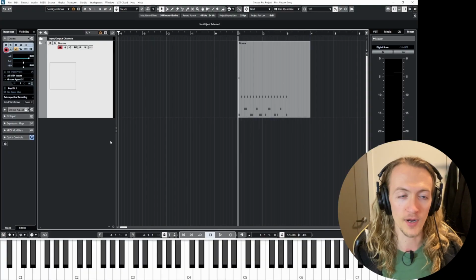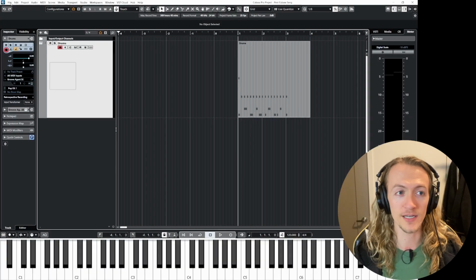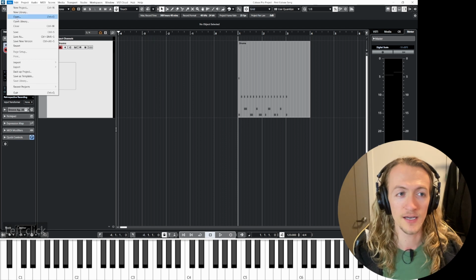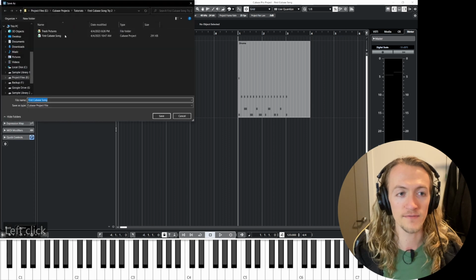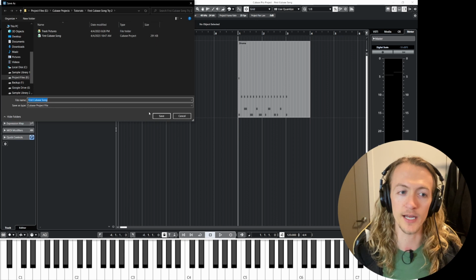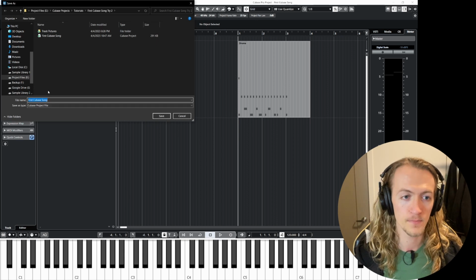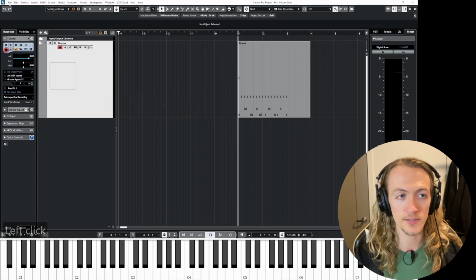So with that, right after you start a project, you should immediately save it, because when you're starting a project, you're just telling it where you want it to potentially save, but you're not actually saving it yet. So you should definitely save where you told it to initially go and give it a name. And then there's also